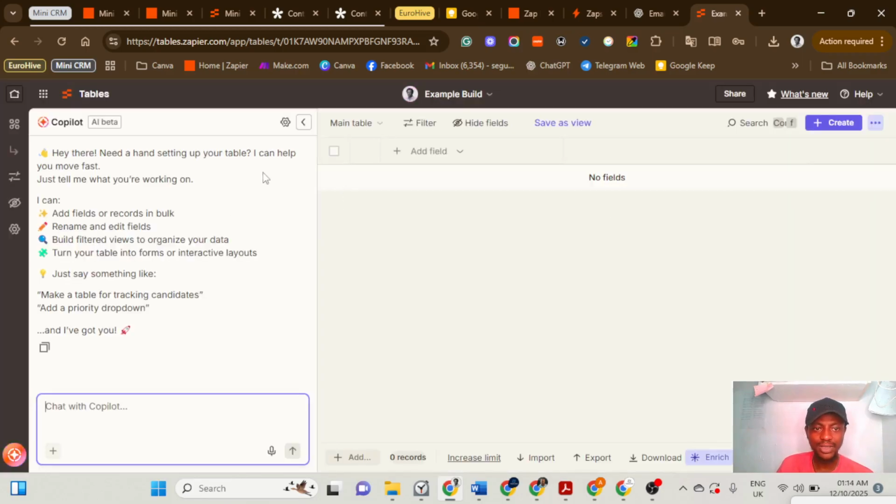I just want to show you the functionalities of this table. We have Copilot here, and the usefulness of Copilot is this. I can just say: create a field for name, email, lead source. I might not want to create all of these fields by myself, with lead source with the options